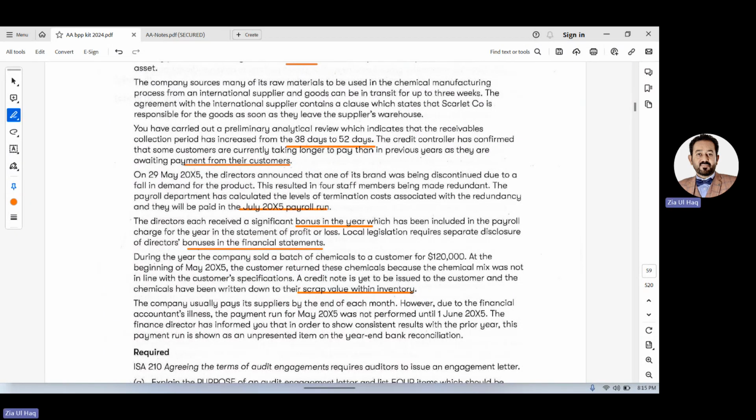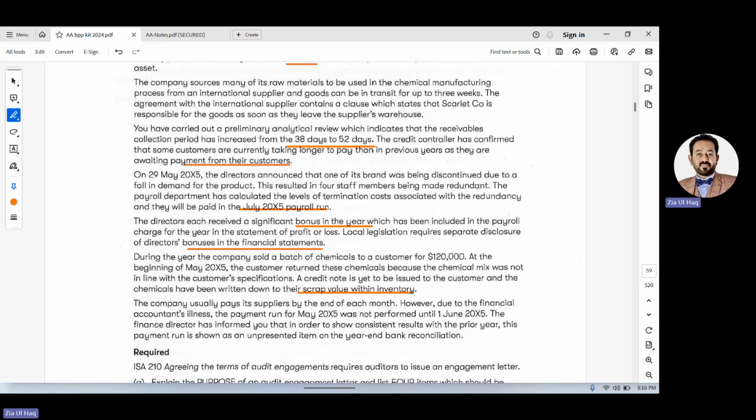It means the payments to suppliers relating to the May month are not yet paid at the end of the month. Normally the company pays. So maybe the company has omitted the liability and recorded it as an unpresented item in the bank reconciliation. If they have omitted it, the liability is still there because you haven't paid till year end. So chances are that liabilities could be